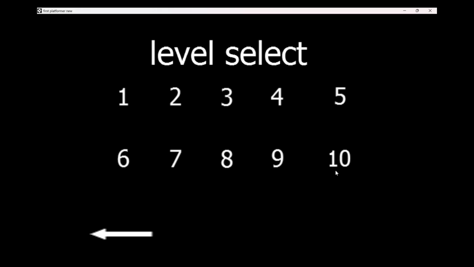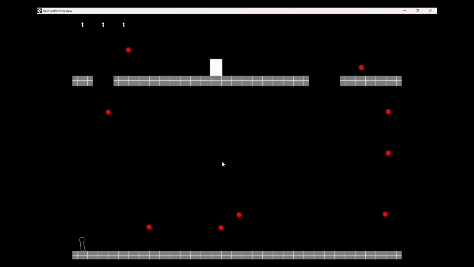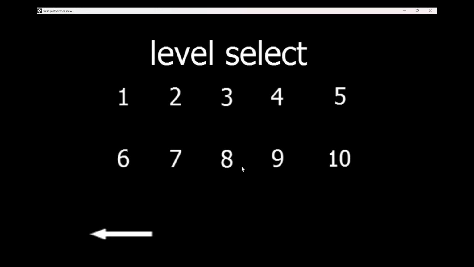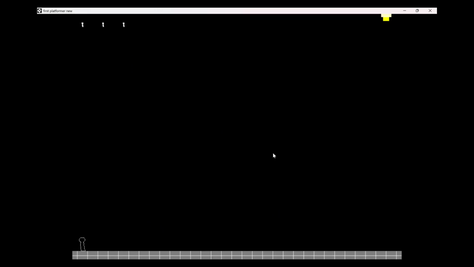You can put blocks and stuff down. Let me go back. You can put obstacles and stuff down to make it bounce off of them and everything like that. And that just absolutely killed me. Then there's 9. This one I could just do real quick because basically with this,